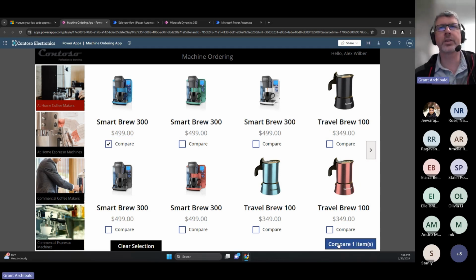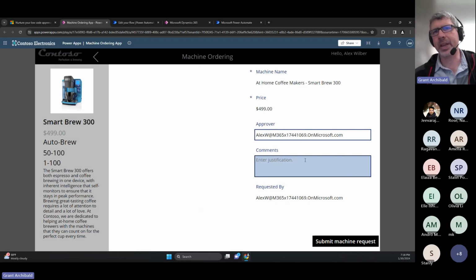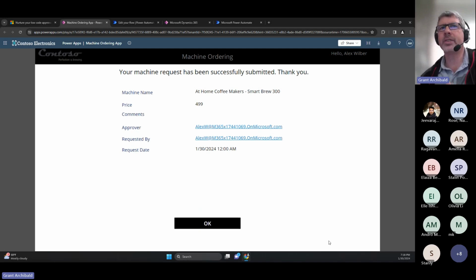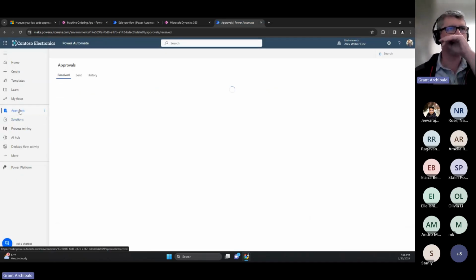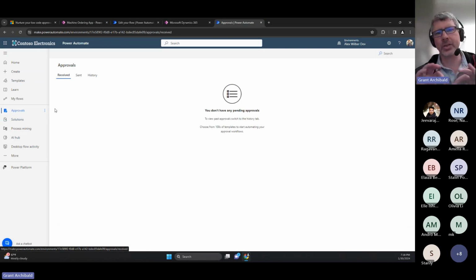I'm going to select this, and I could put some justification in here, and I'm going to submit a request. So this solution, all it does is go and save that record into Dataverse. And we're going to go across and have a look at what that does. If we come across to approvals here, this should generate two approvals that we saw in that diagram. The first one should be a self-approval check to say, did I want to submit this coffee machine request? And the second one, because the value of this is above $400, it should send as a second request. So if I refresh this page,